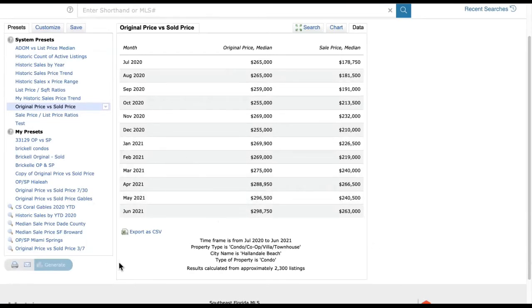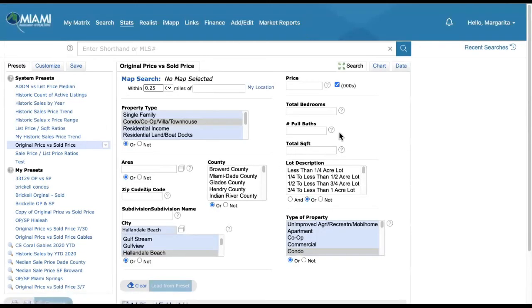Okay. Again, I can print this, I can email it, I can include it in my presentations, make it part of my newsletters. The data is here for you to use however you would like to use it, to share it with your customers. Now, let's say I wanted to customize this a little bit more. What I can do is I can say, let me look at